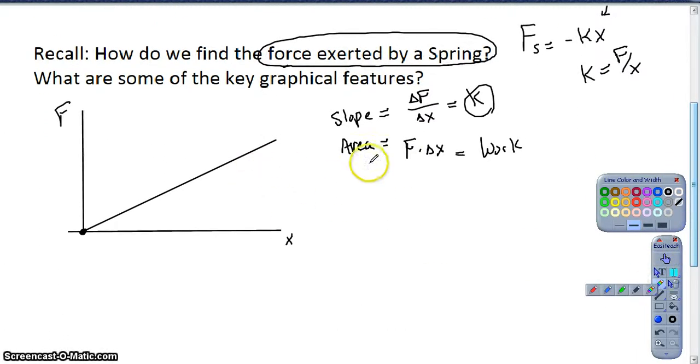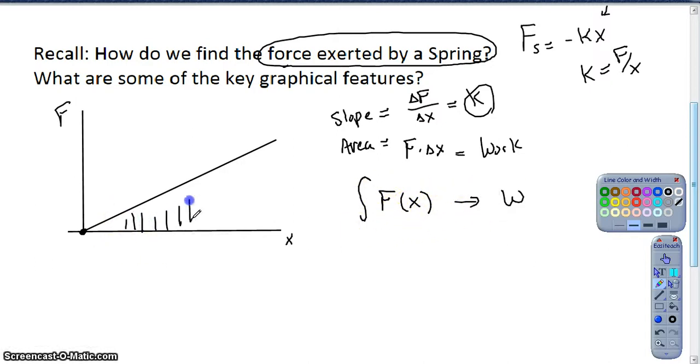Because of that, what's the relationship then between force? So if I give you force as a function of displacement, and I ask you to find out something about the work or the energy done, how do I do it? Well, it would be the integral of the force function, right? If I know force as a function of displacement, then if I integrate that, I'm finding the area underneath the curve. So the integral would represent the energy or the work,